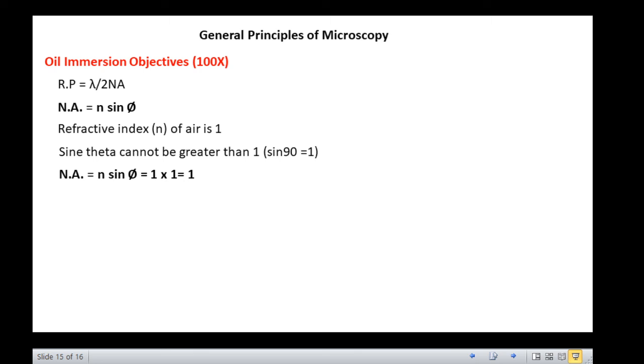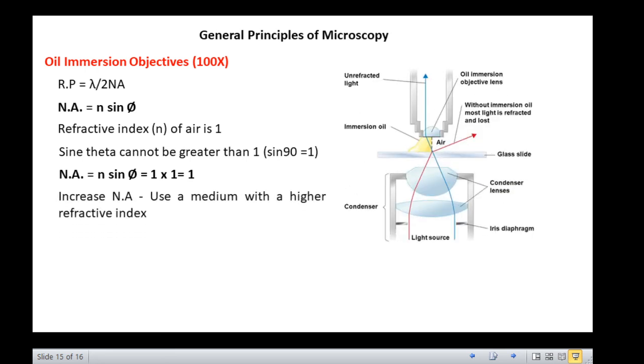We know that greater the NA, more is the resolution. So obviously, to increase resolution, the NA has to be increased. And the only practical way of increasing the NA is to use a medium with a higher refractive index, thus increasing the value of n. Generally, immersion oils like cedar wood oil or paraffin oil are used for this purpose, which have a refractive index of